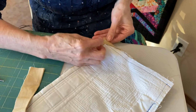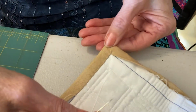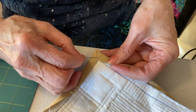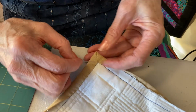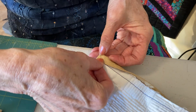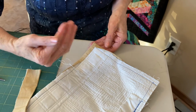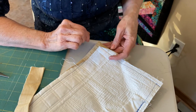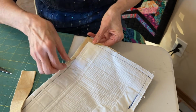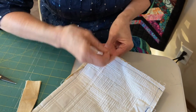And you can see that has been tacked down right there, which is what they like to see for competition quilting. Now, this is oversized, so your regular binding would only be this wide, so your stitch would be right in the center. If I was doing a wide binding like this on a quilt, you'd have to put 2 or 3 of those locking stitches in that miter. Now I'm going to just continue doing my 1/8 of an inch